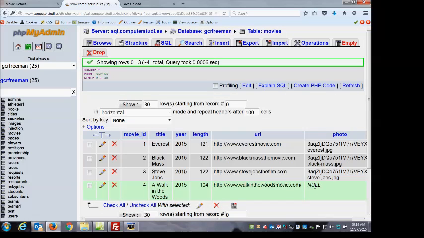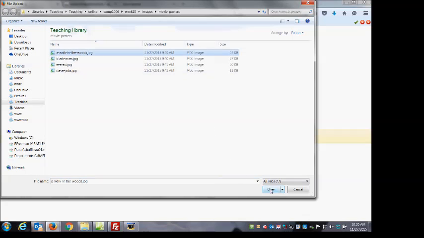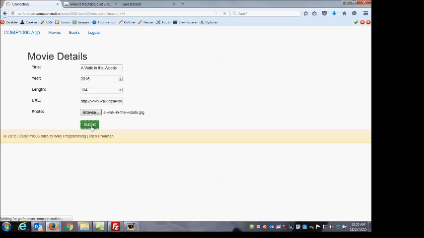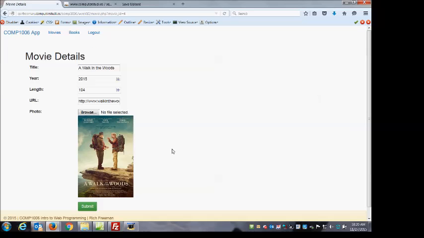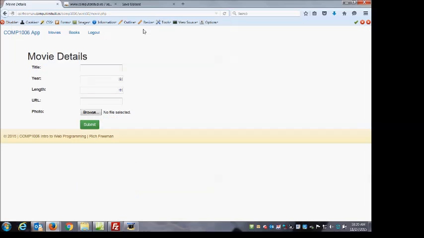So we'll say if not empty photo, we will create an HTML image tag. So our file is in images, a slash, and then we'll append on our photo. We'll close our source tag, so we'll have single quote, double quote, and then we can just hard code in the title of